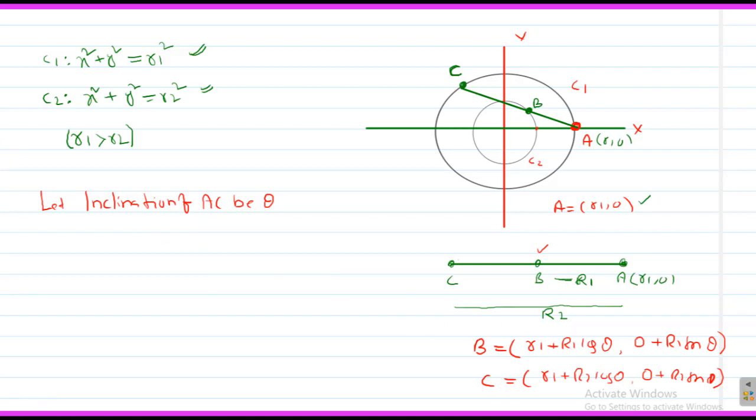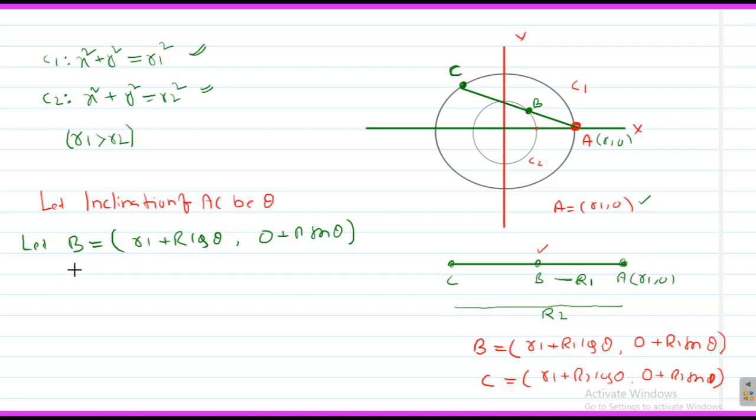So interesting step now, observe here. Let B be taken as (r1 plus capital R cos theta, 0 plus capital R sin theta). I think you people understood why I am writing capital R instead of R1 and R2. So I am generalizing. After taking B as (r1 plus R cos theta, 0 plus R sin theta), the point B is on the circle C2. After substituting that point in the circle, you get a quadratic. For that quadratic, you can say that capital R1 and R2 are the roots.